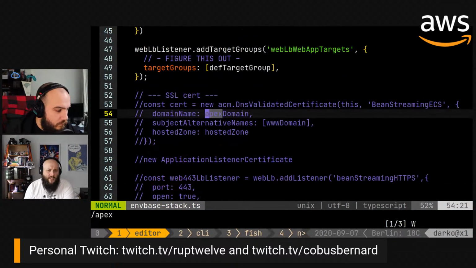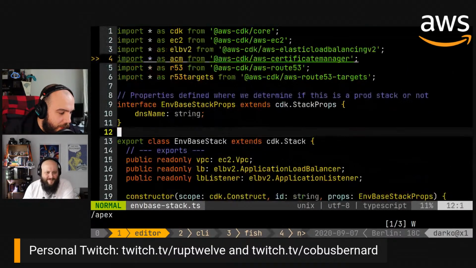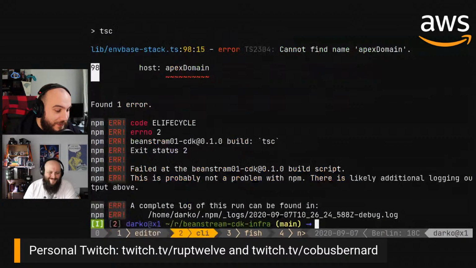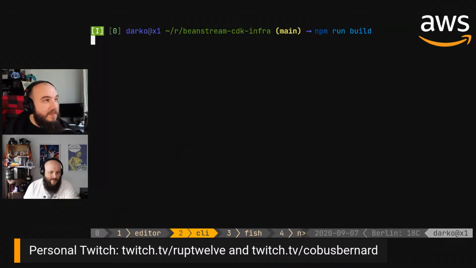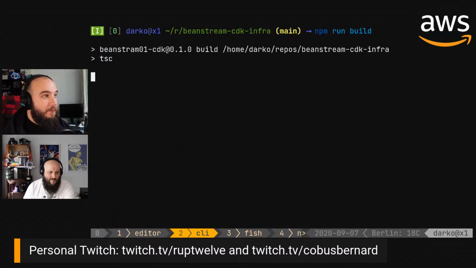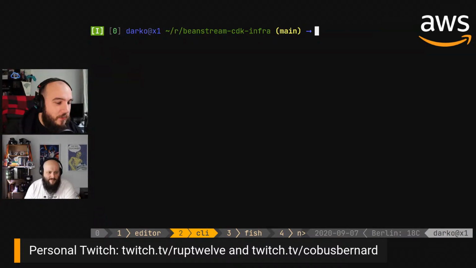Ooh, we're hard coding the DNS. If only we had a global. If only I would have something better. But I'm doing this to fix this problem now because I really want to see if this works. If this works, this is gonna be my Christmas. This is something I wanted. I was complaining this is not possible that you have to do exports, and people were telling me, oh, you have to do exports. But if it's this way, I'm happy. It may not work like cross region. That's fine. So if I do CDK deploy